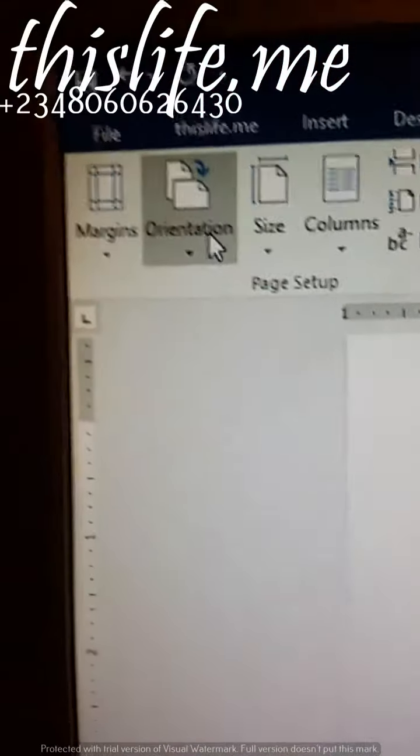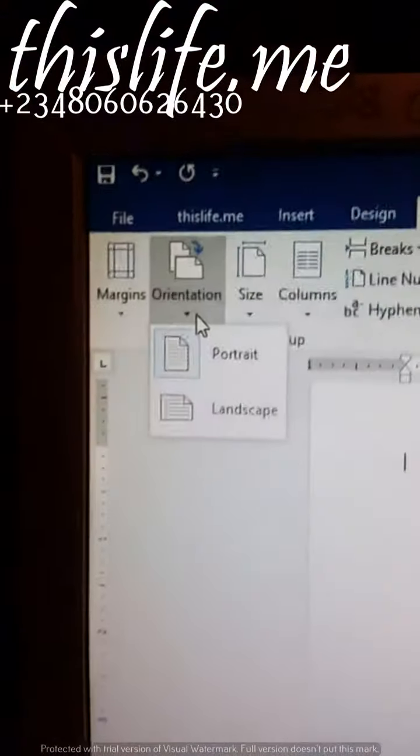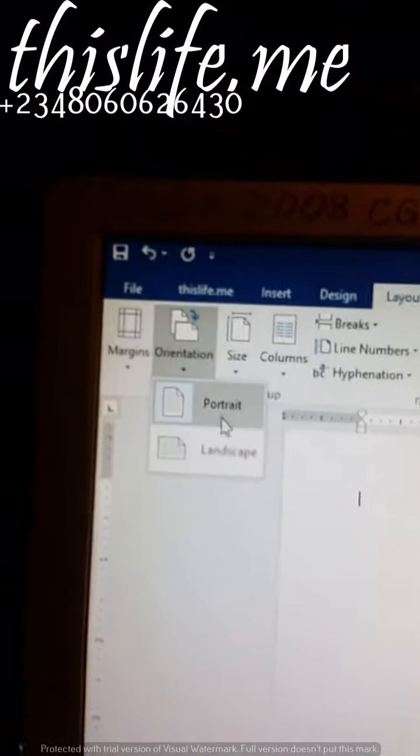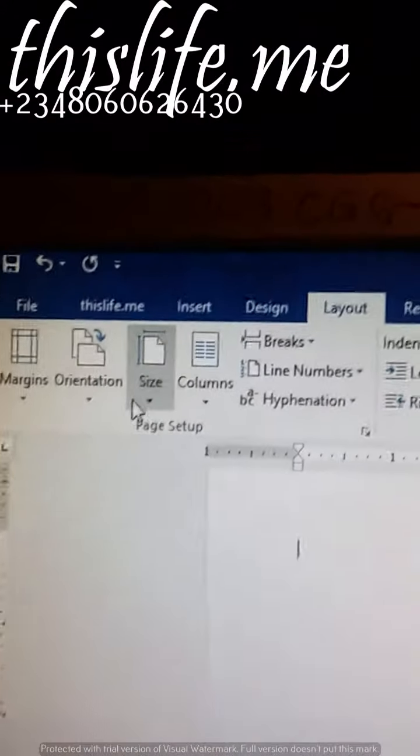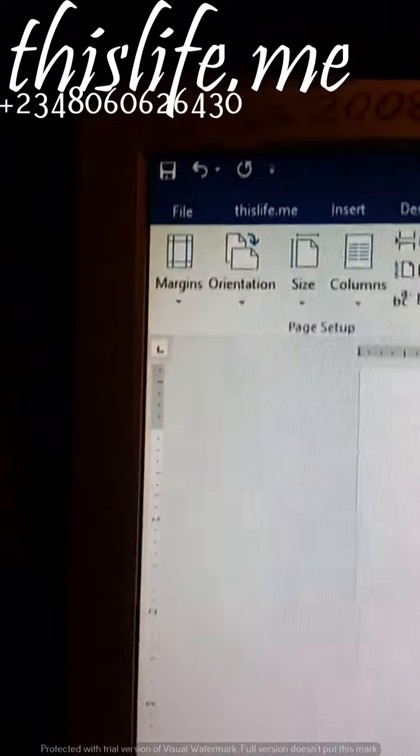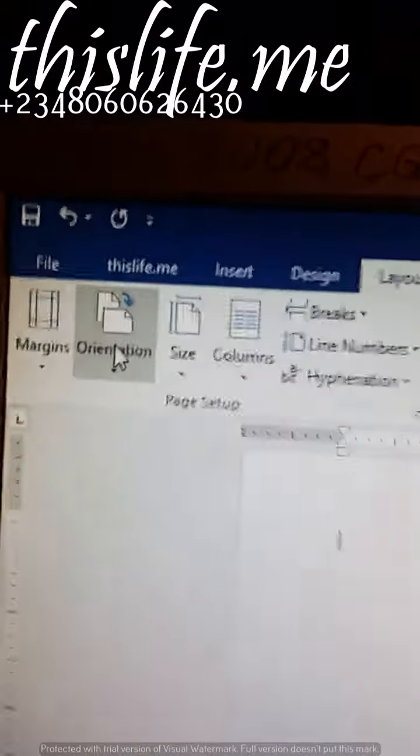After you are satisfied with your margin setting, move to the left, which is your paper orientation, whether portrait or landscape. Set it before starting your document, because changing any of these settings after you have finished might disorganize your document.